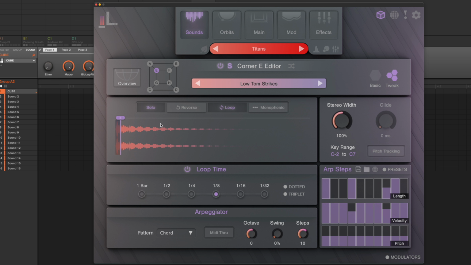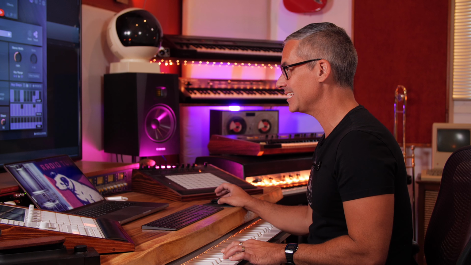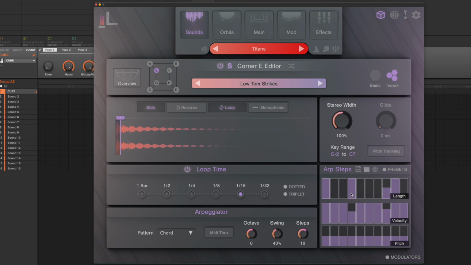Let's solo it. All I did is went in here and added some swing to it. So we'll crank the swing up to, my swing is at 40%, and it lines up nicely with the swing in Maschine. And we can see that doesn't work at all, but it's because it's on 8th notes right now. So if I set this to 16th, swinging 16th notes,